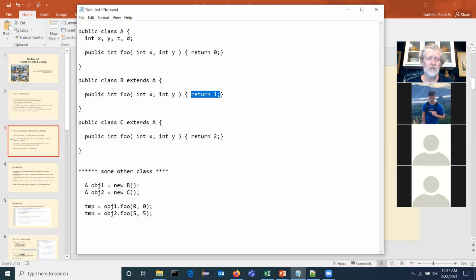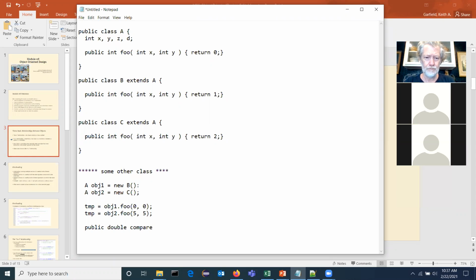Let me see. Is there something else I need to do here before I might forget and come back to it? Yes, one more thing. This is not just a cheap trick. Huge, huge, powerful tool in object-oriented design. For example, in some other class, I'm just going to call it, that's fine.